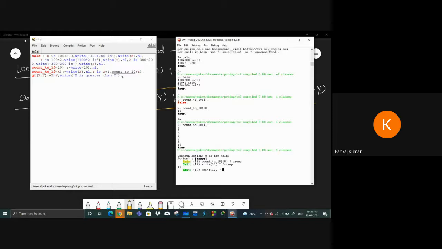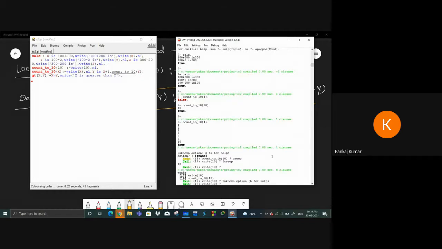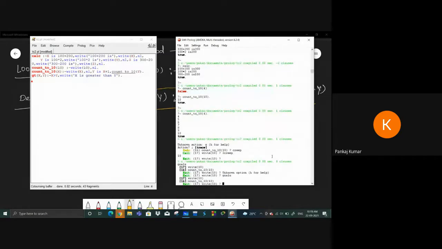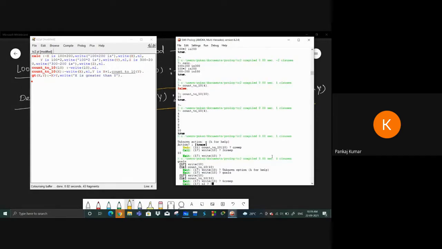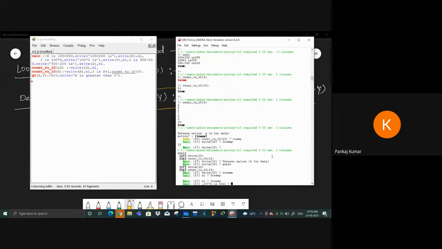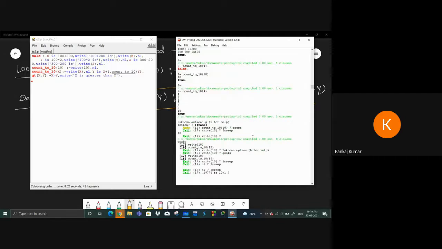So it needs to be executed again. So I'm writing GT. What will it take? How is this working? I'm not defining all the things.